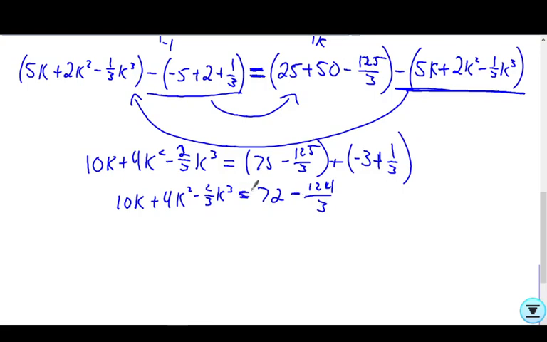Now, we have to solve for k, which means we have to get this equal to 0. So I'm going to move this back to the right to get that k cubed positive. I'm going to end up with 2/3 k cubed minus 4k squared minus 10k plus 72 minus 124 over 3 equals 0. Now at this point, since it's a calculator problem, we're going to use a calculator